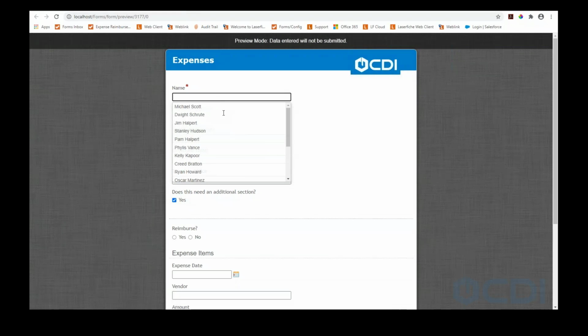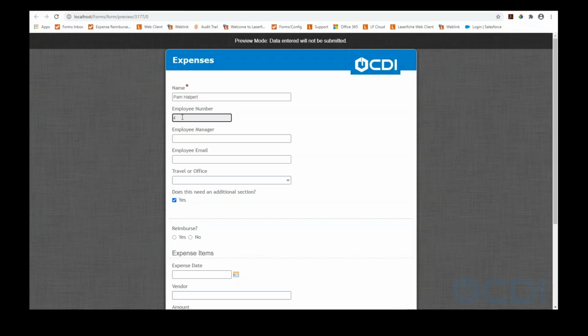We have a drop-down now that can allow us to select from all these different names. And you'll see that her employee number is in automatically and it's read-only and I can't change anything. But that's how we would then also auto-populate employee manager, employee email, and things like that. So once our form is good to go,